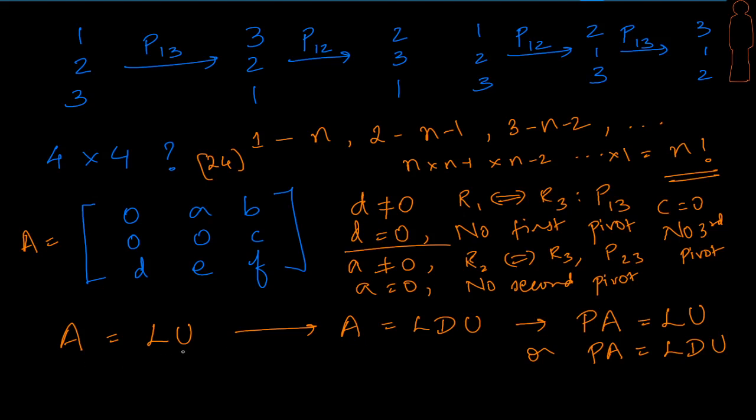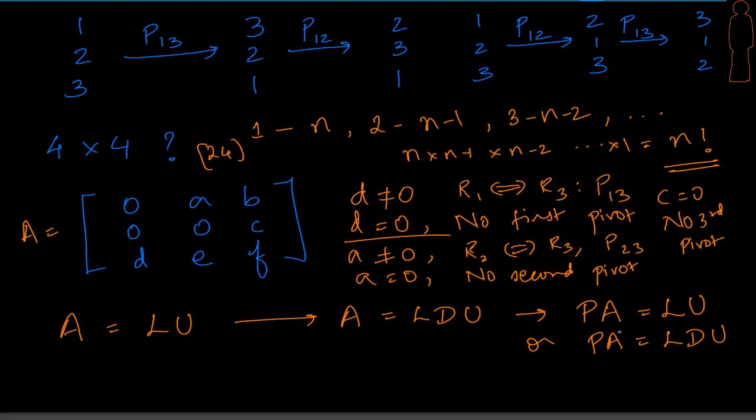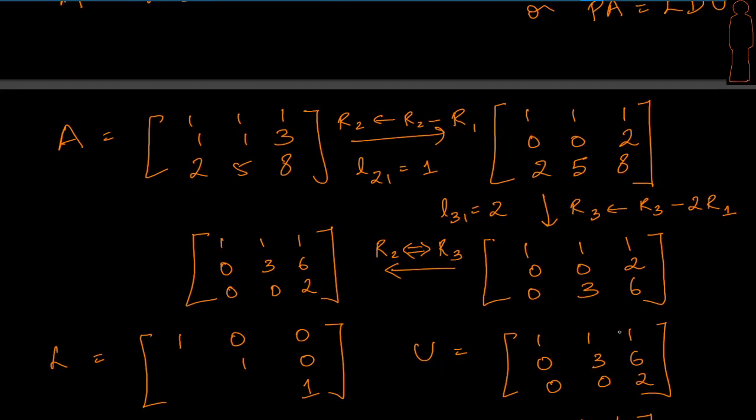So the answer is here. We had A equal to LU, from there we moved on to A equal to LDU. Now it's not that A is equal to LU, but it's going to be PA equal to LU or PA equal to LDU, where P is a permutation matrix. The kind of row exchanges that happen with A during the process of elimination to produce L and U must be taken and pre-multiplied, and that is what is going to get factored into L and U. So let me show you an example so that it becomes quite clear.